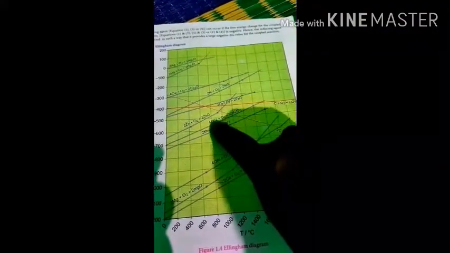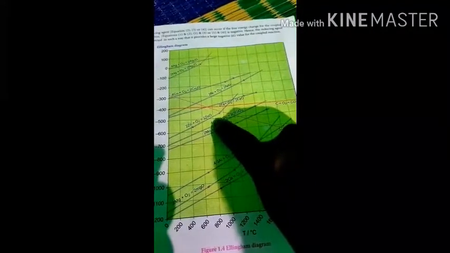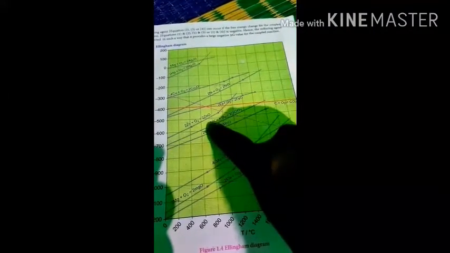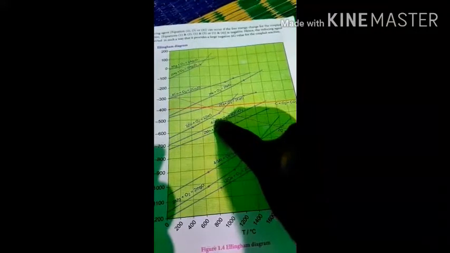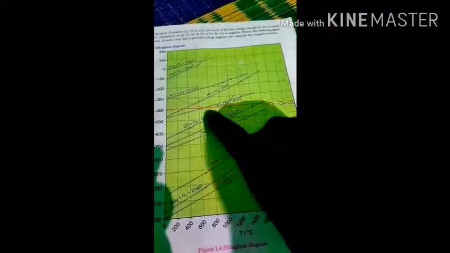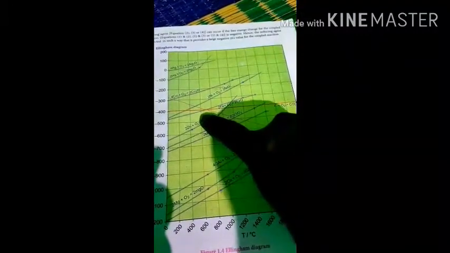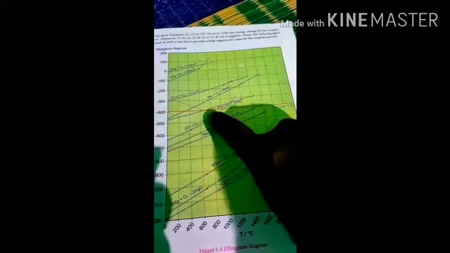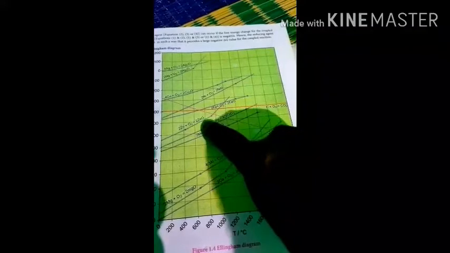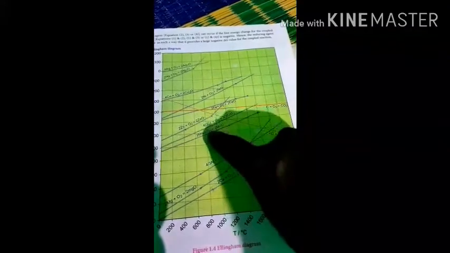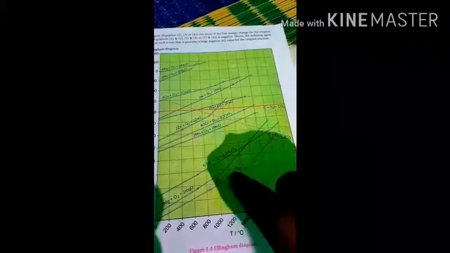Whatever metal we are going to purify, we have to choose a reducing agent which is below it in the Ellingham diagram. If we choose one above it in the diagram, it cannot act as a good reducing agent. For example, if you are going to reduce zinc oxide, we cannot use iron, but we can use chromium, manganese, aluminum, calcium and others. So there are many applications and limitations, which will be discussed in detail through the board.